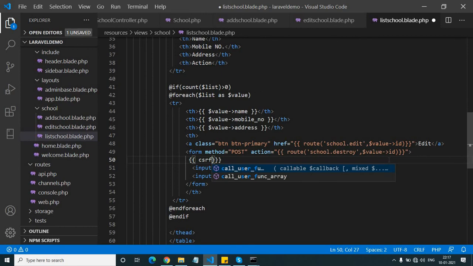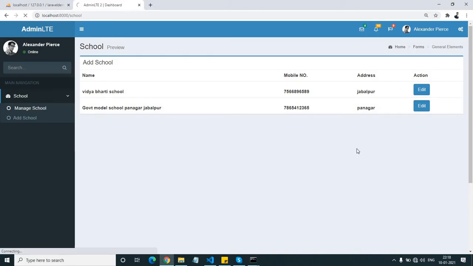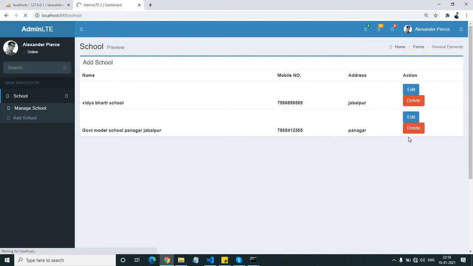CSRF field. Okay, so here you can see this guys, the delete button.